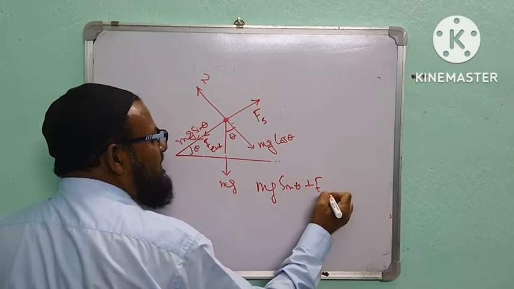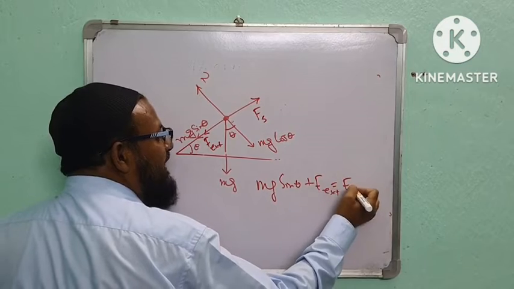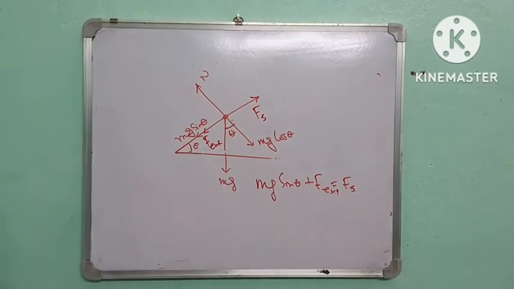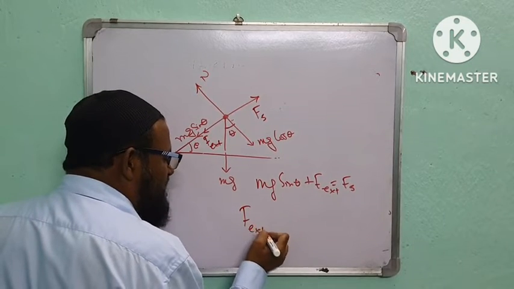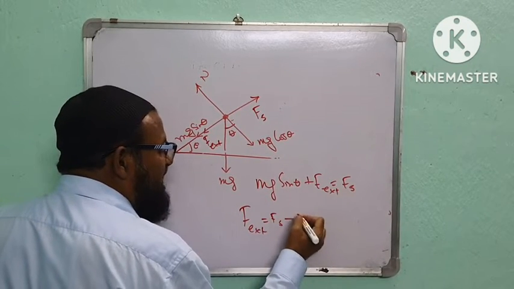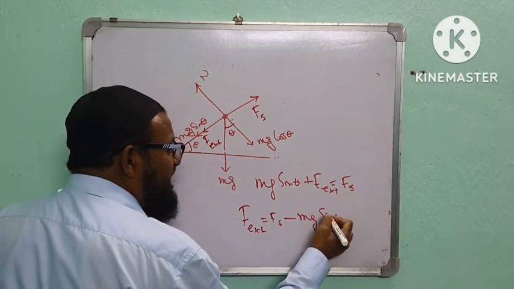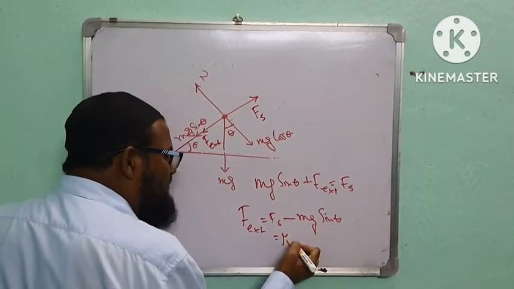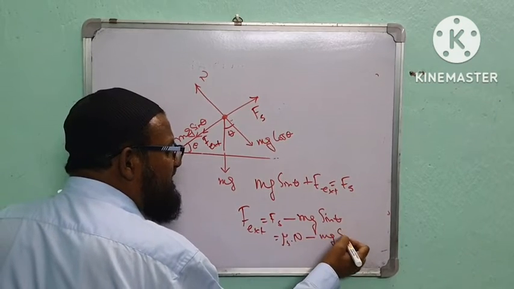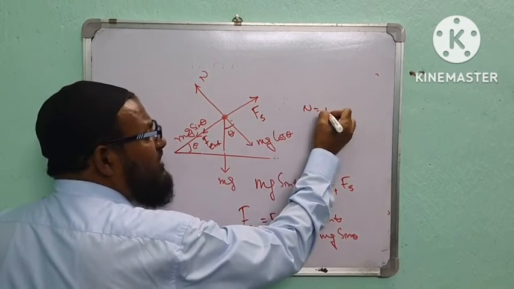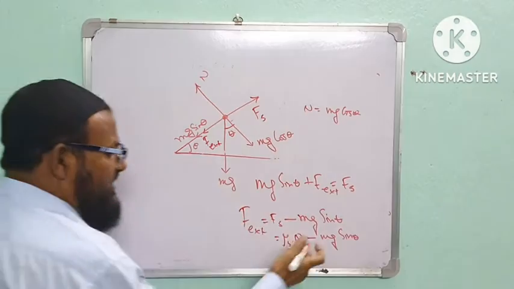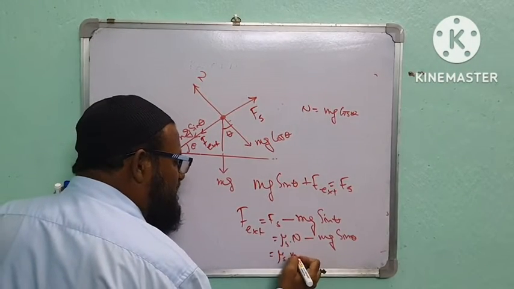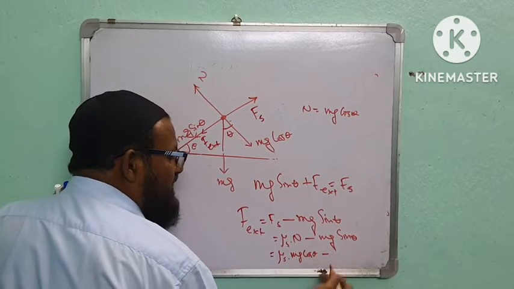mg sin theta plus f external equal to fs। fs এর জায়গায় কি লিখব? ফর্মুলা। What is this? f external ক্যালকুলেট করতে বলবে। f external equal to fs minus mg sin theta, plus here এটা কত? mu s into a. mg sin theta from the figure, a equal to mg cos theta. এই ব্যালেন্স করতে আমি এখানে লিখব mu s into mg cos theta মাইনাস mg sin theta।